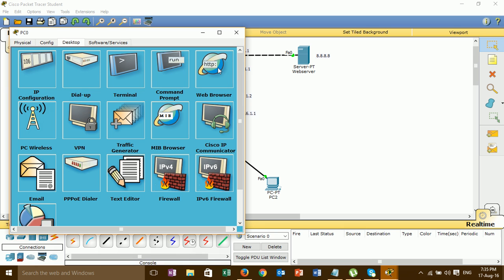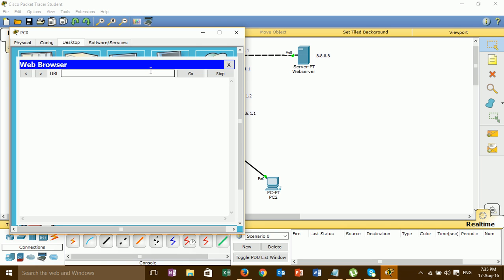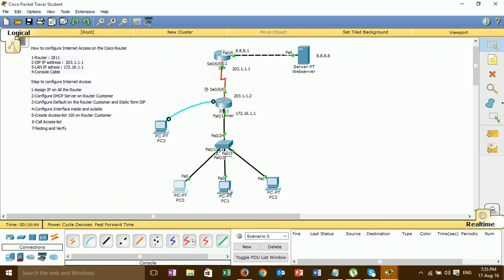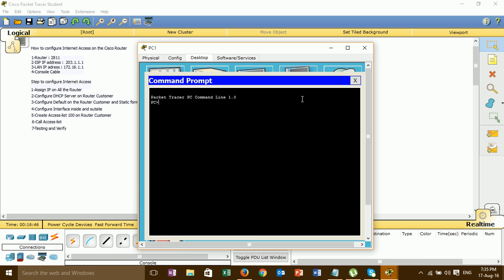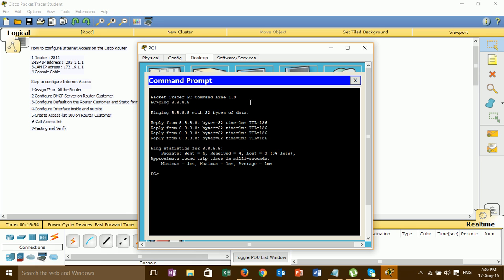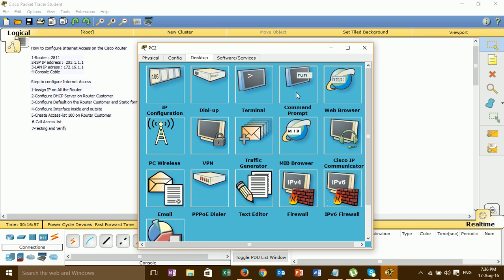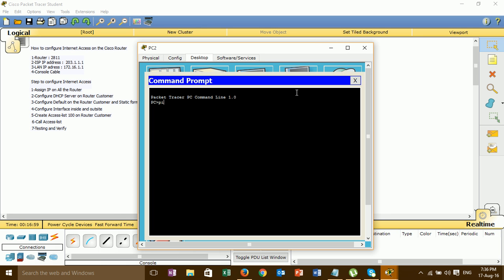Then I ping from the other PC to the web server IP. It's working. Then from PC2 to the web server on the internet.